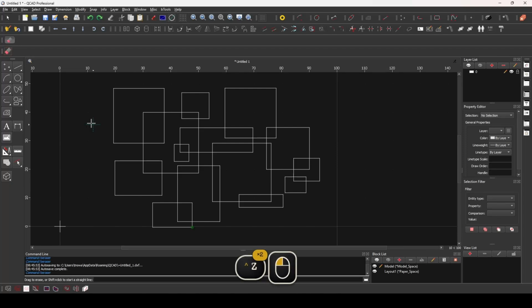Hi, this is the tool that can save you some time by cutting out the segments through the line you